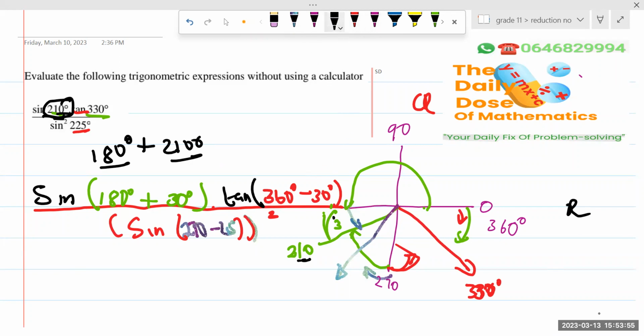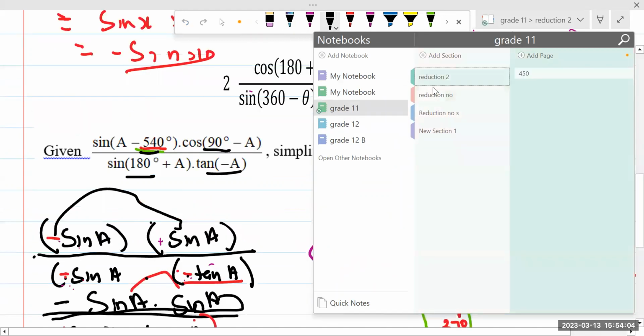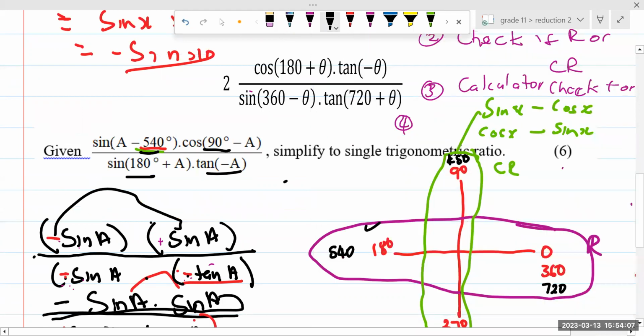Okay. Now that we're here, we're going to write this thing exactly like what we're doing here. Remember when we were here, we said something like this. Let's just remind each other. Here, we said this thing is going to be written as a sine of an acute angle, whatever the acute angle is. I was saying to you the other day, guys, the acute angle here shouldn't be a variable, it can be a numerical value. So we are going to write this thing as an acute angle because 540 has the ability to reduce. 90 has the ability to reduce. So we're going to repeat exactly that same process here. So we say